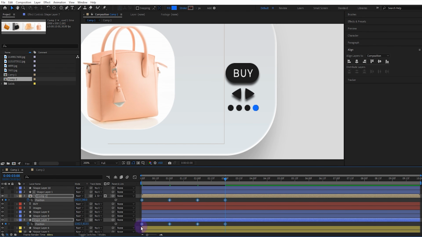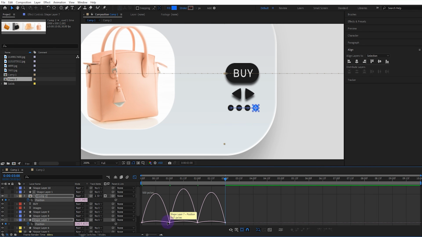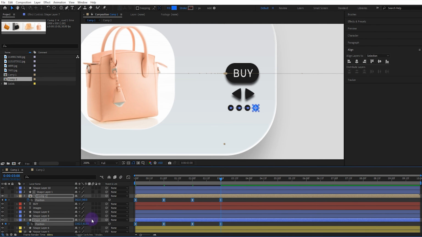Then, select all the keyframes and give them easy ease. Let's set the graph editor's angle speed graph like this. Let's activate the motion blur on both layers. And let's slightly increase the distance between the